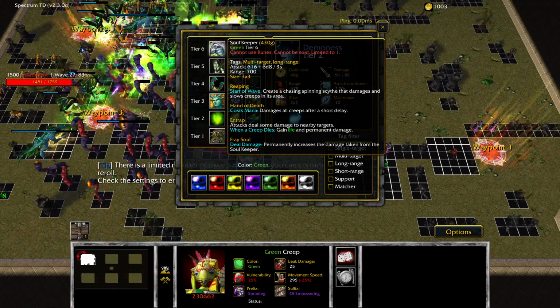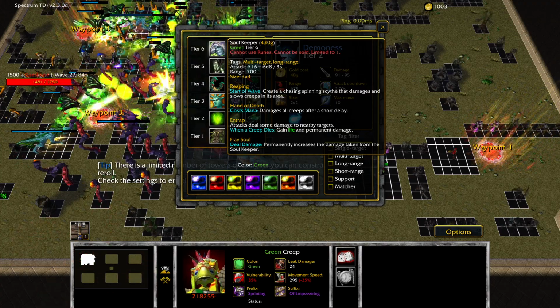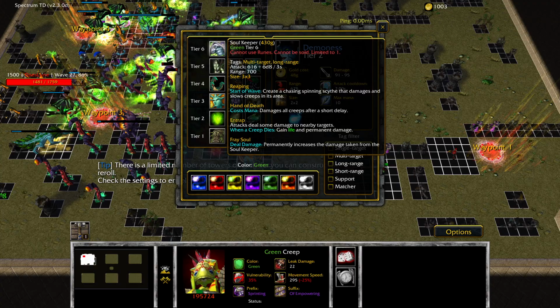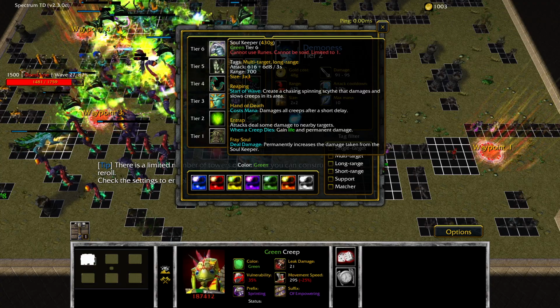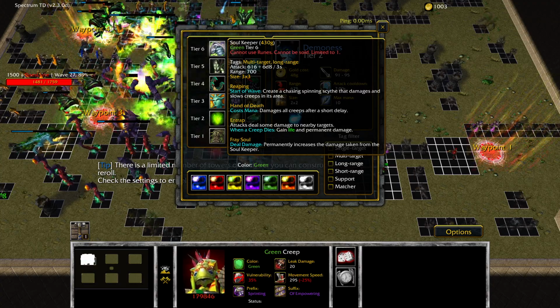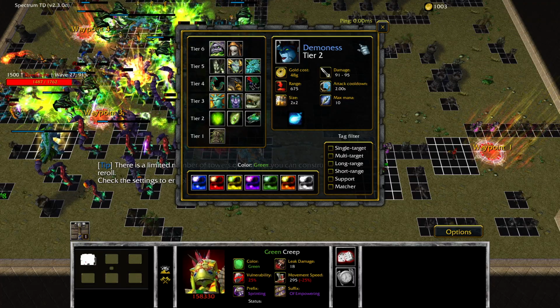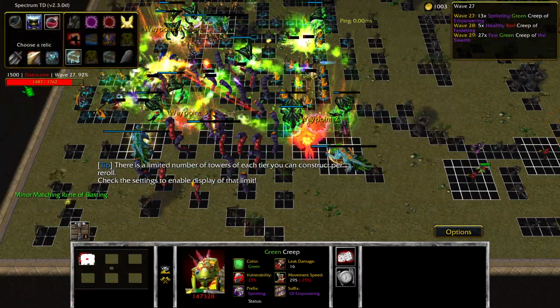Soulkeeper, he does Spinning Scythe, slows creeps, pretty useful. Gain life and permanent damage whenever a creep dies. So this guy is very useful if you have a whole lot of mass creep waves, not as useful with king waves. And let me actually close this real quick, because I gotta...